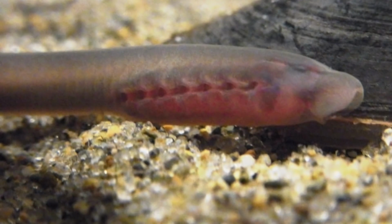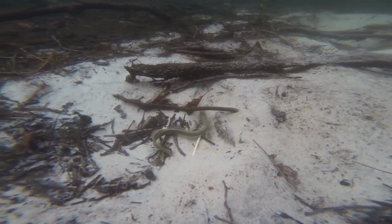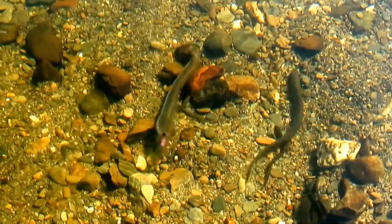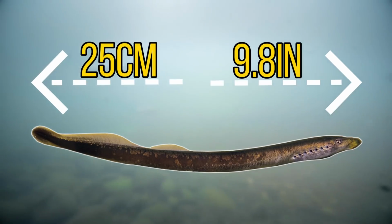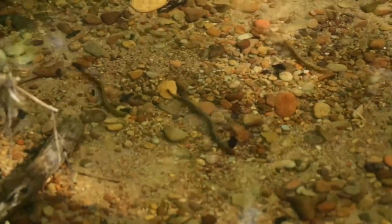The brook lamprey only feeds in its larval form, filtering detritus and organic matter from the water. Once it transforms into an adult, its digestive functions stop, and it becomes unable to feed altogether. So if you see one of these guys swimming past your feet in a river, you really have nothing to fear. The brook lamprey is the smallest species of lamprey to be found in the UK, reaching a maximum size of around 25 centimeters. Brook lampreys tend to spawn in shallow clear water streams, and a few weeks after spawning